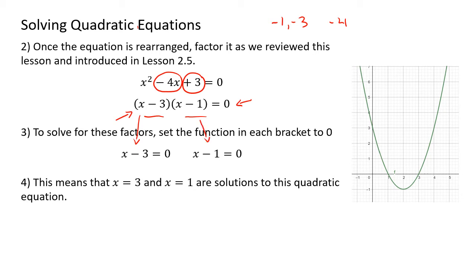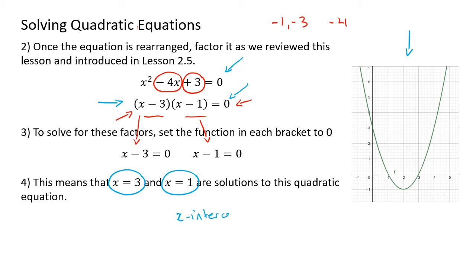Those are the only two options that will allow this left side of the equation to equal the right side, which is 0. If we do that, we know that x equals 3 and x equals 1 are solutions. And when I say solutions, I want to show you what that means. So here on the right-hand side, this is x squared minus 4x plus 3 graphed in an x and y plane. And what we do when we set this function equal to 0 is we're finding the